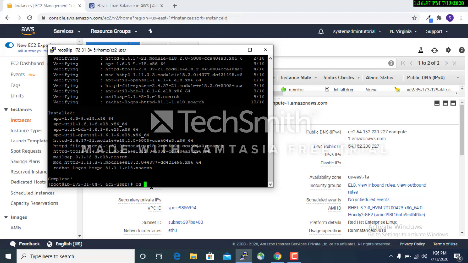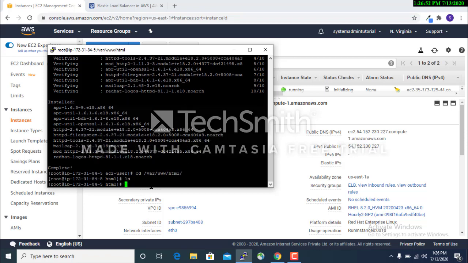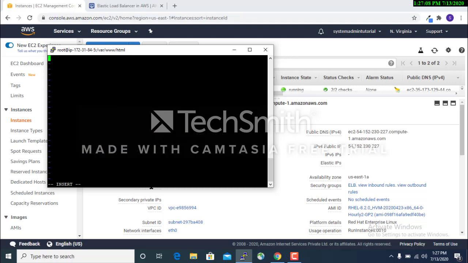Now go to /var/www/html. Here you can list if any file exists. There is no file available, so you have to create a new file with the name index.html. Then insert, and here you can put your HTML code.